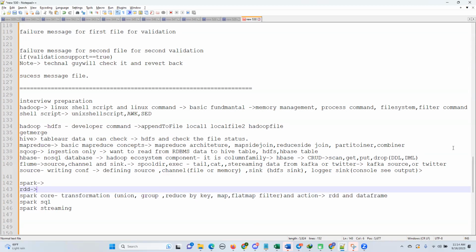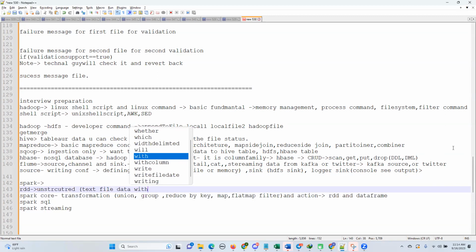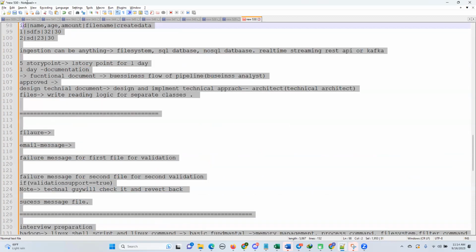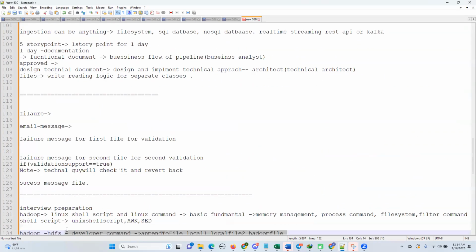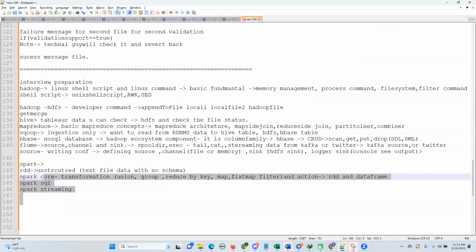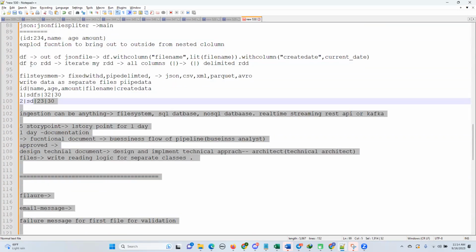Any unstructured data which I'm reading, unstructured data is nothing but text file data. There is no schema. Text file data with no schema, that is my unstructured data. So there is no fixed dimension. If I say this entire data is my text file data, is there any fixed column? No, right? So this kind of data, when I'm reading it, will be read as an RDD